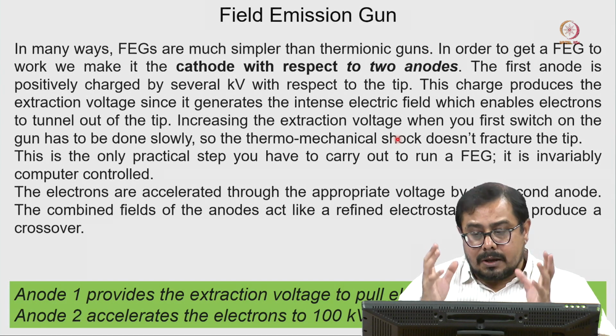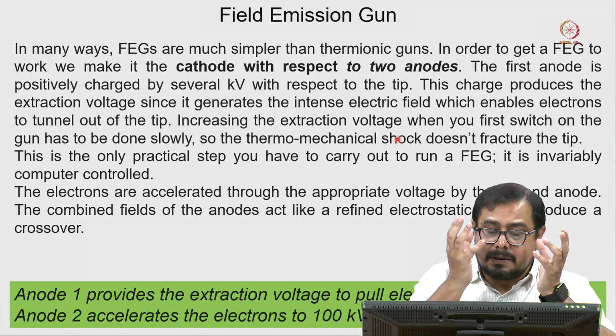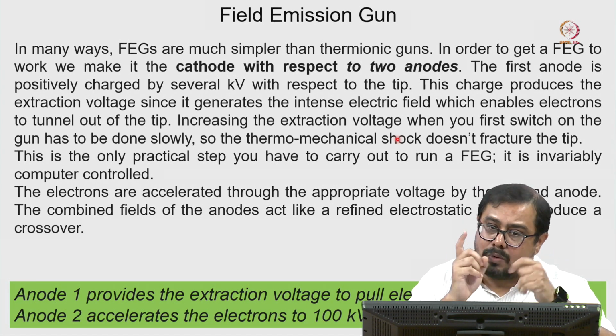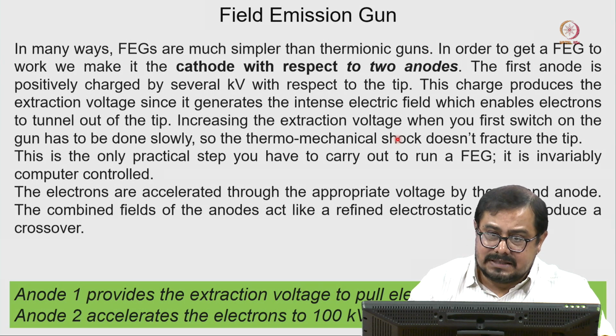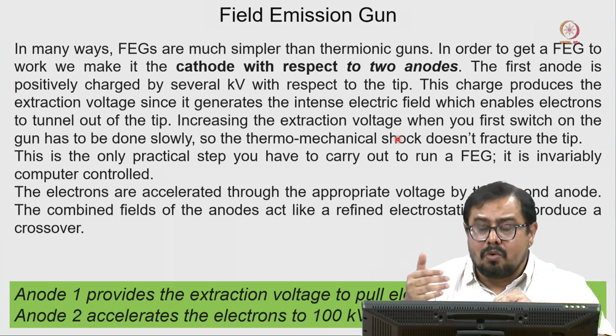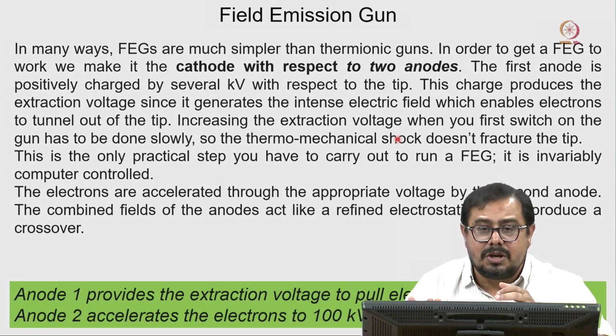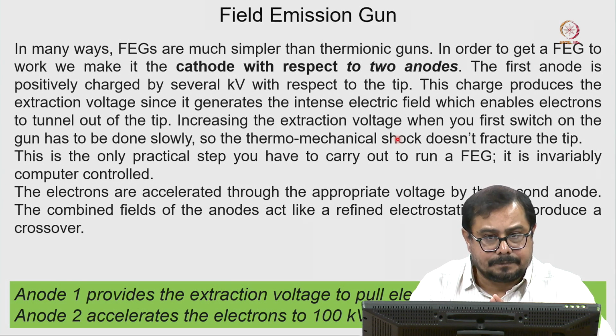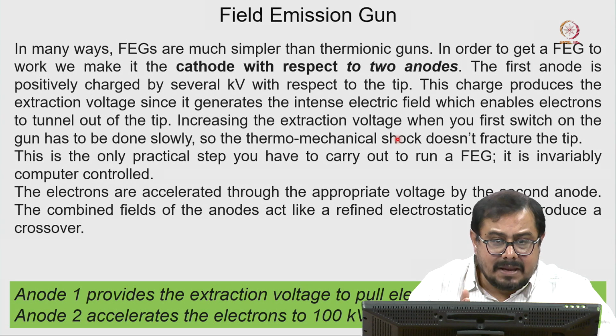Also, for the tungsten filament, the beam will not be that coherent. That is one of the major drawbacks. The price is less, it is cheaper, but every 2 weeks, 3 weeks, 4 weeks, sometimes within 2 months you have to change the filament.